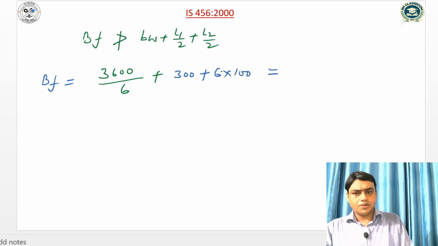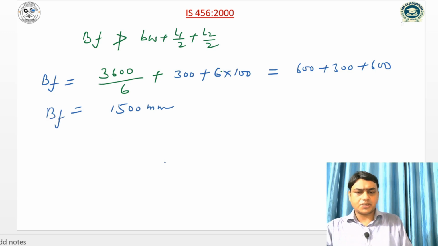So it will be 600 plus 300 plus 600, which means the effective width of the flange is 1500 mm, and we also have to check whether this value exceeds the maximum possible value or not. So the maximum possible value is,